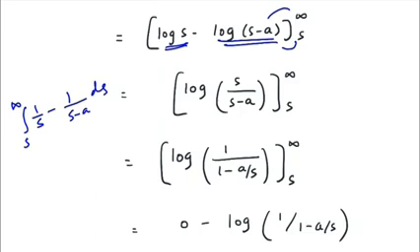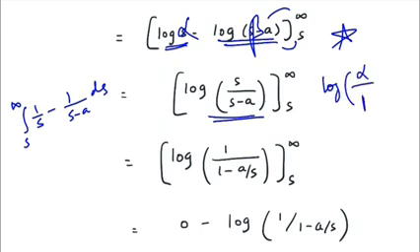But if you substitute directly in this step, there is a problem. The problem is you will get the infinite answer. So to get a finite answer, you have to use some properties of log. According to the log properties, or law of logarithms, if I have log of alpha minus log of beta, I can write it as log of alpha over beta. So it would be log of s by s minus a.